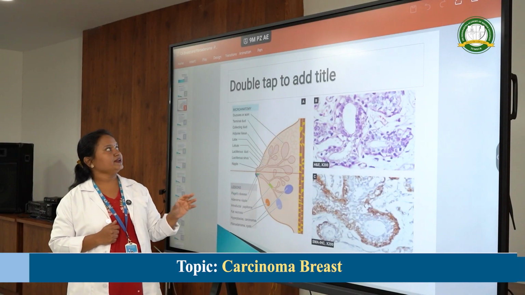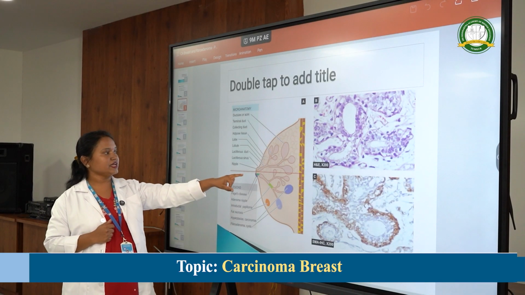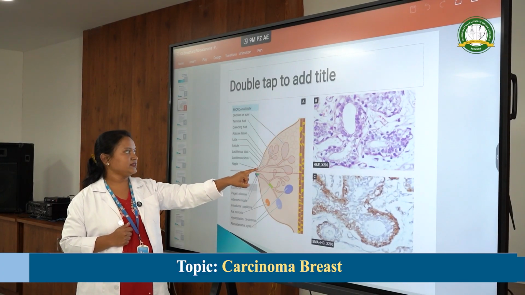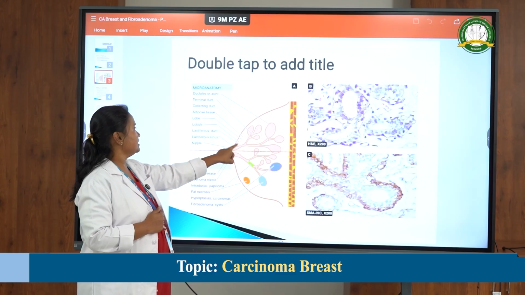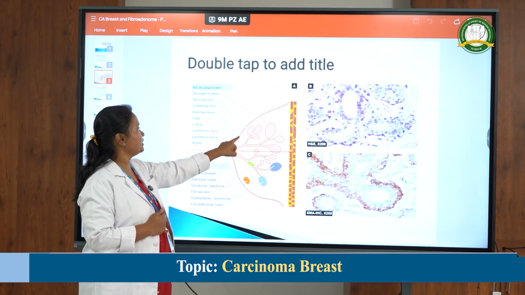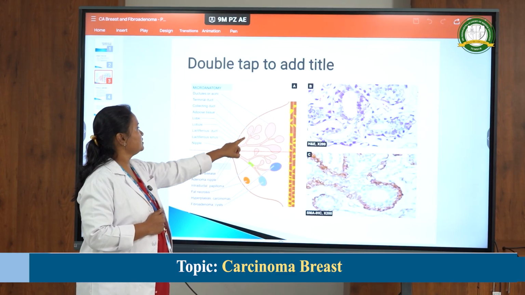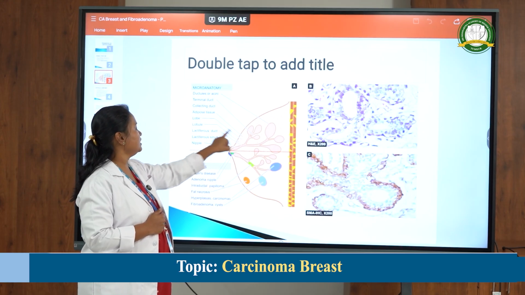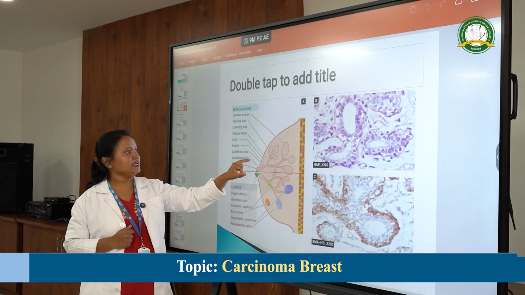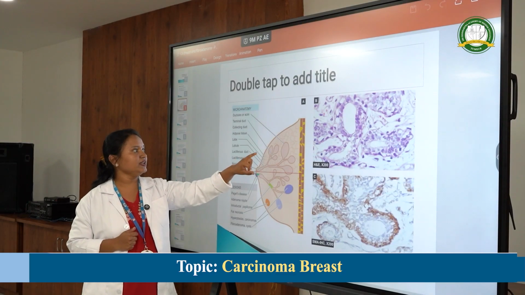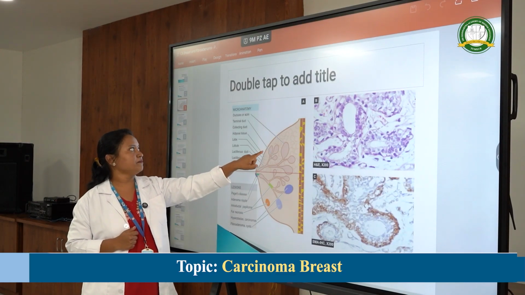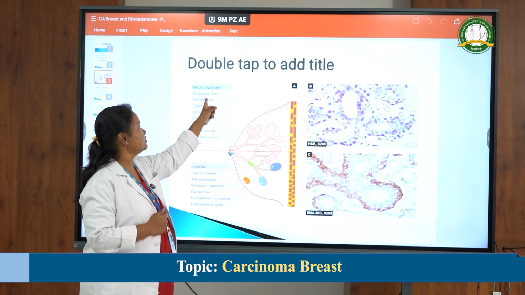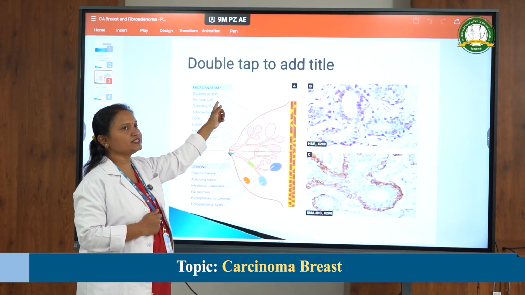Coming to the microanatomy of the breast, here we can see the nipple, opening into the lactiferous sinus. The sinus is showing the lactiferous duct, and you can see many lobes, 15 to 20 lobes. These lobes connect into the lobules, and each lobule will have a terminal ductule. Each will be showing the terminal duct and the collecting duct, and also within the duct you can see the ductules and the acini.